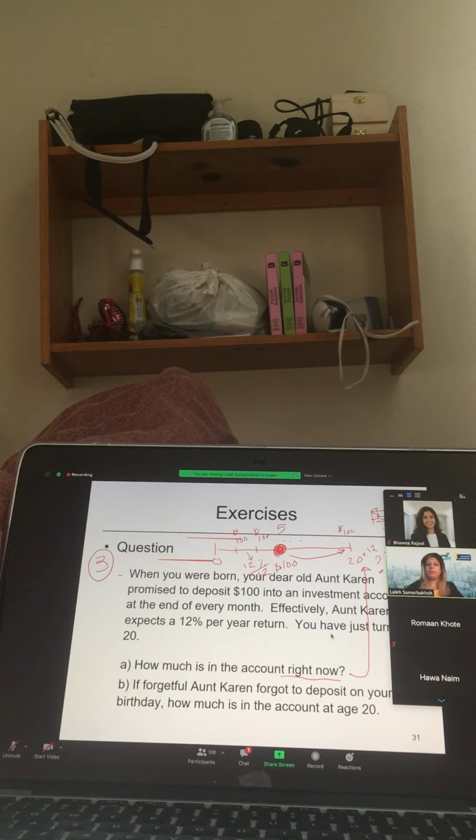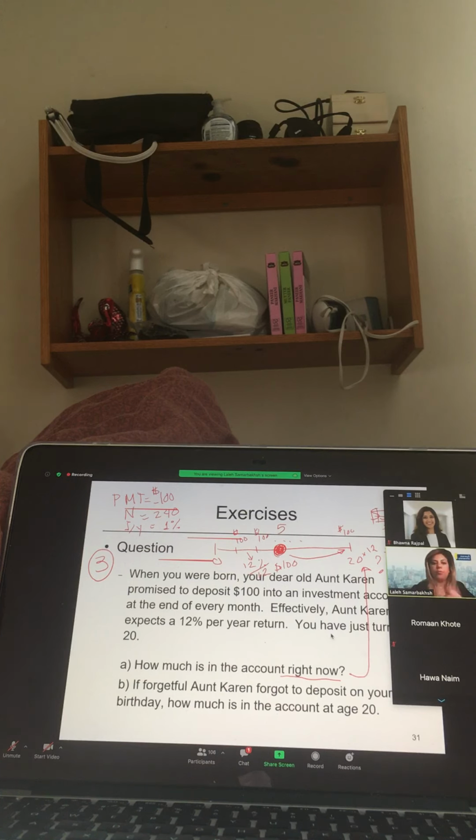So basically for part A, you're asking me to explain one more time. For part A, you're going to plug in the payment as negative $100 so that you get a future value that's positive. You're going to plug in N as 240. You're going to plug in your I/Y. Don't forget, whatever that N is, your I/Y should be consistent with that, 1%, because that's the monthly rate.